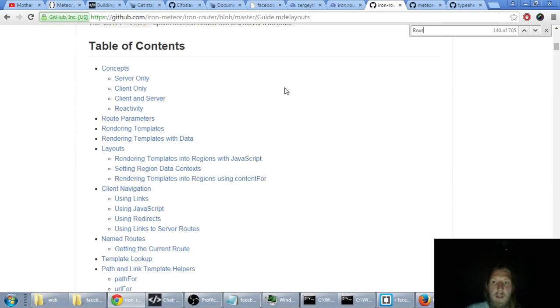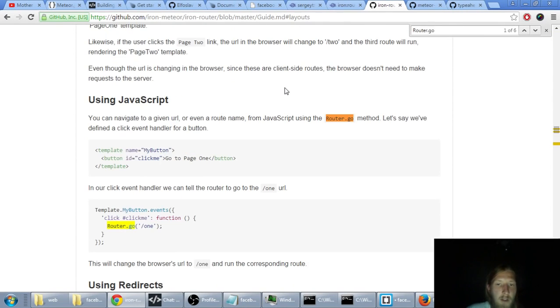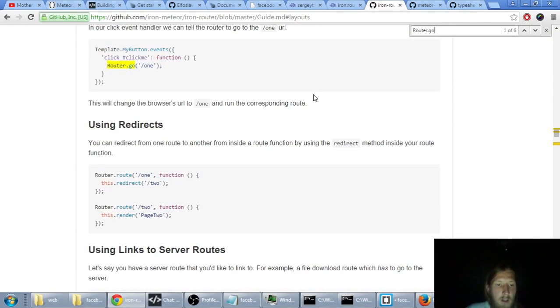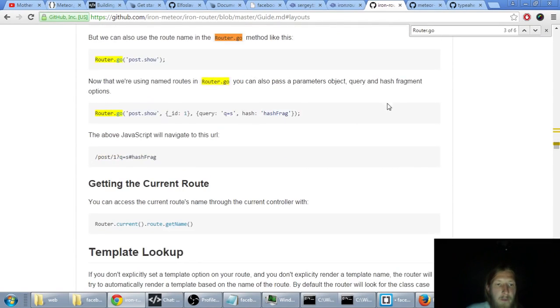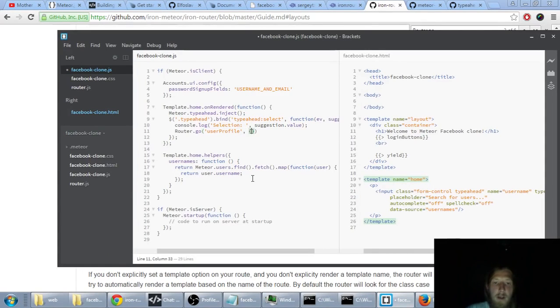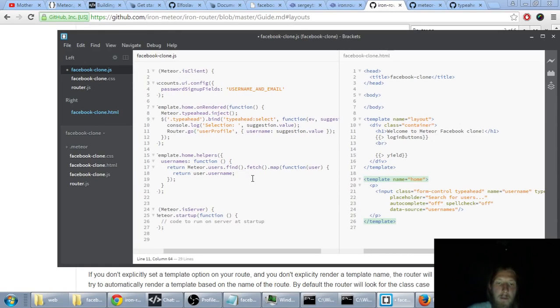and maybe here is some documentation. Router go, yeah, name of the root and some parameter object, and maybe query. We don't need this. So the second is parameter object with key value. Key is username and value will be this username. Okay,